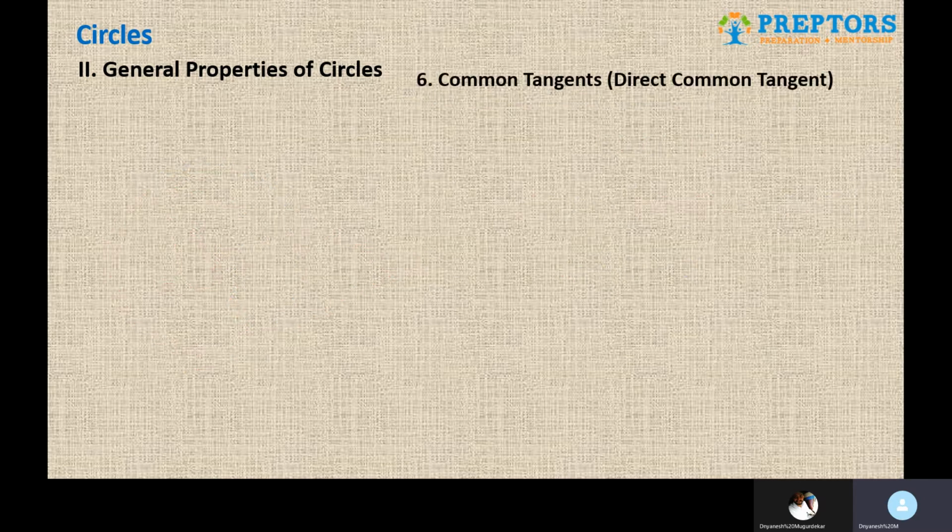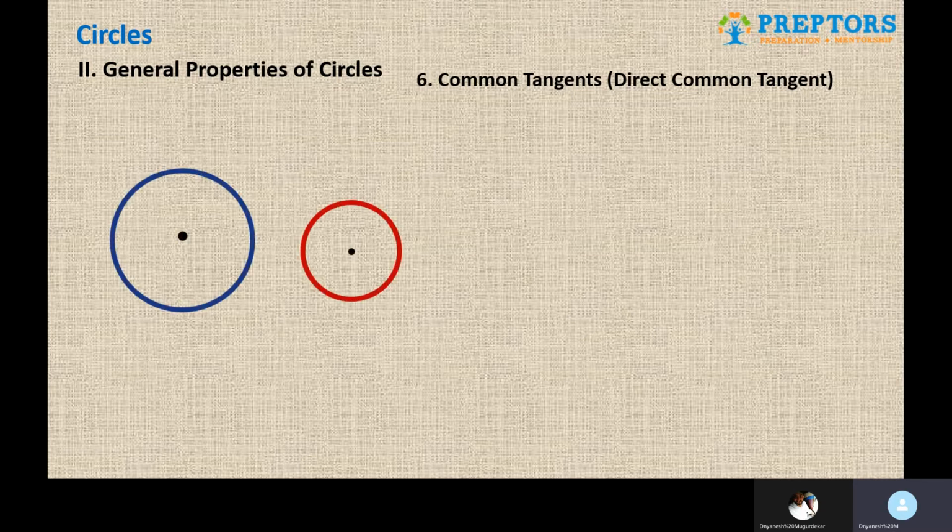The next part is basically common tangents. In that also we would have two scenarios. One is called a direct common tangent and one is called a transverse common tangent. A direct common tangent is when the tangent touches both the circles on the same side of the center. For example, something like this. As you can see, there is a tangent touching both the circles on the same side of the center at points P and Q respectively, and then the two radii of the circles, R1 and R2, and then the properties